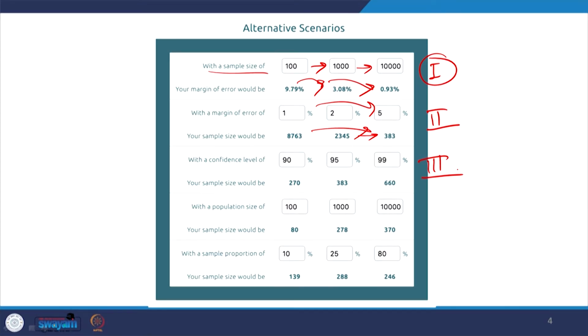The higher the confidence level, the more samples you are supposed to collect to make your confidence level higher. So, sample size is positively linked. And if your population itself is very high, you are bound to go for a higher sample size. So, in all cases sample size is referred.